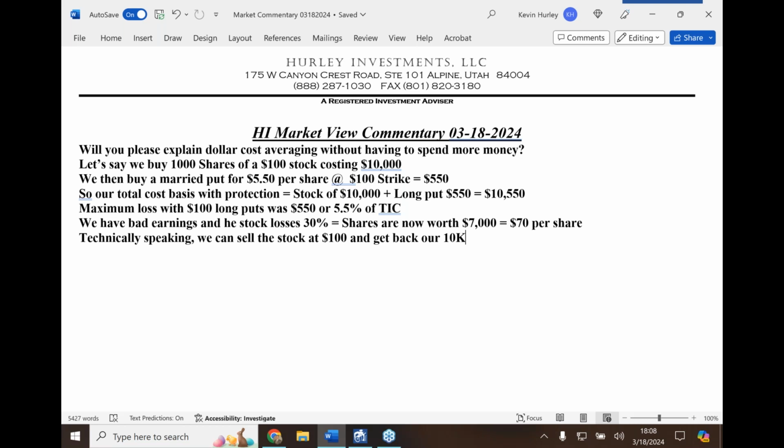So typically we will sell those long puts, which give us $10,000 or slightly more. We divide that by the $70 a share, and mathematically, if you take that calculator,